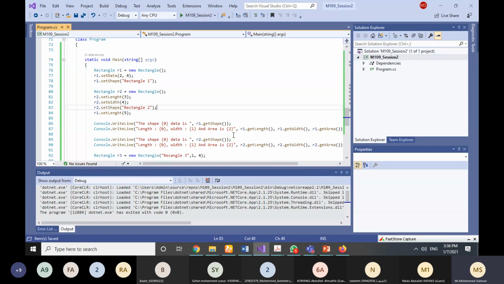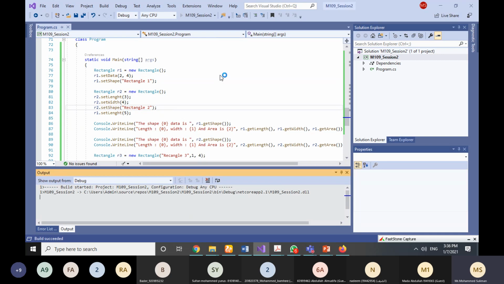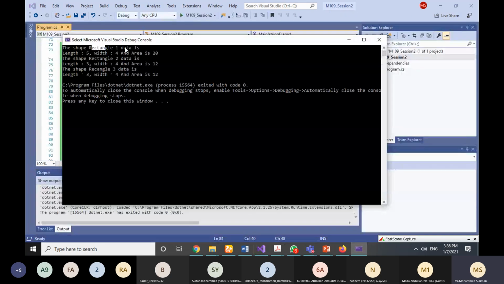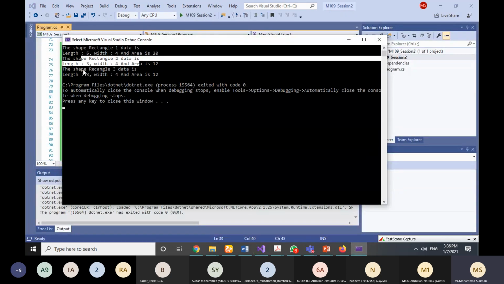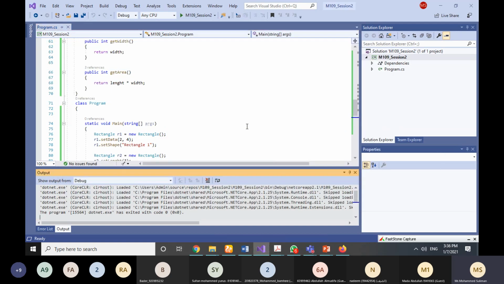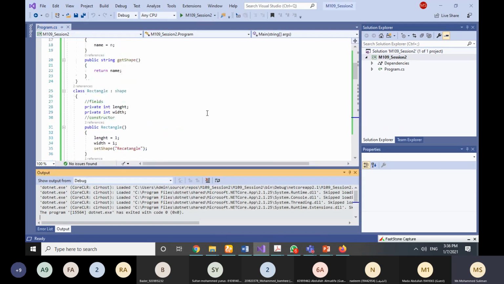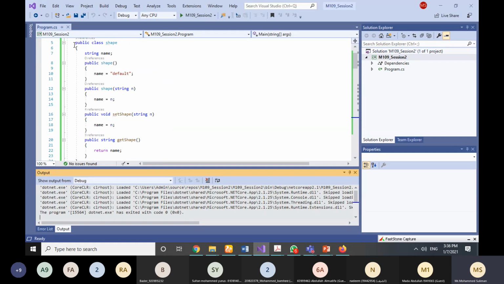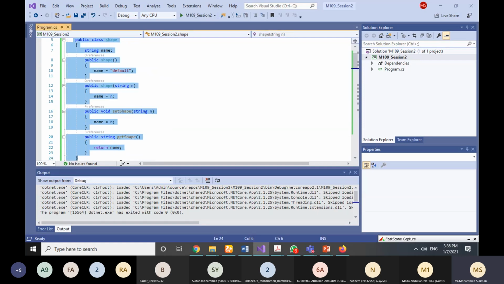Now you can see that there is rectangle 1 data, rectangle 2 data, rectangle 3 data, right? Now what we did here is that we defined one shape class